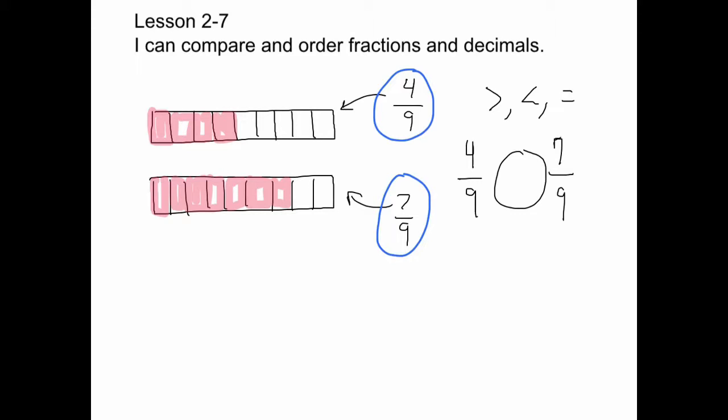what I can see is that 7/9 is greater than 4/9. So in other words, 4/9 would be less than 7/9. And I can see that since both of my fractions are ninths, they both have a denominator of 9, I'm really just comparing the numerators. And 4 is less than 7. That's a good way to go when you're thinking about